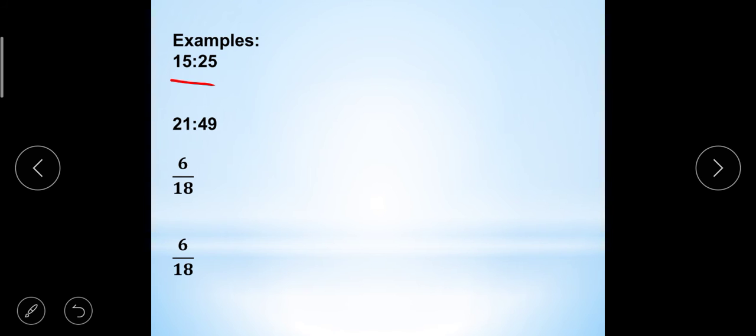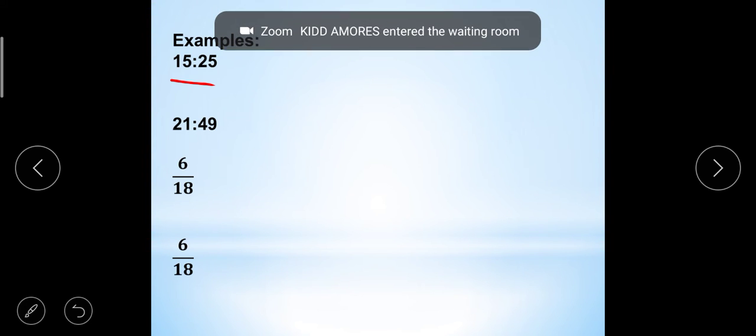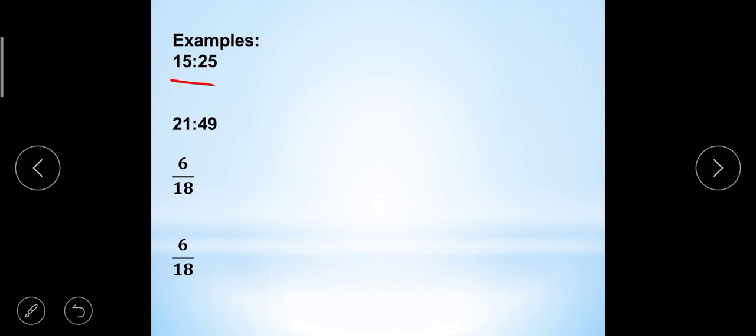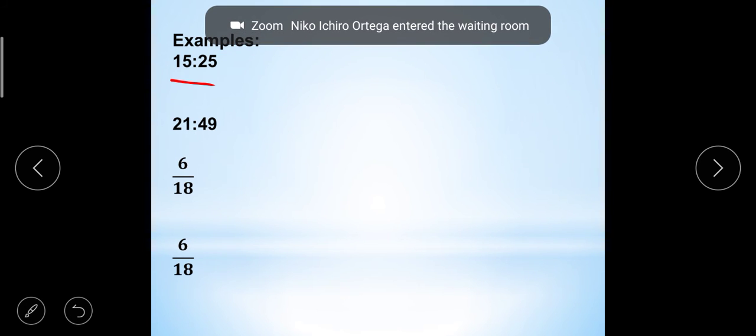Para ma-simplify natin siya, ano ang ating common factor? Sino tinawag ko? Princess? Number na divisible yung 15 and 25. 5. May sagot na si Princess, no? 5. Okay. So, 15 divided by 5 is